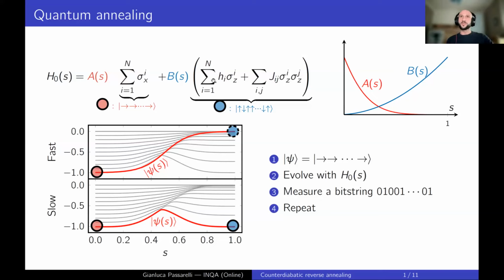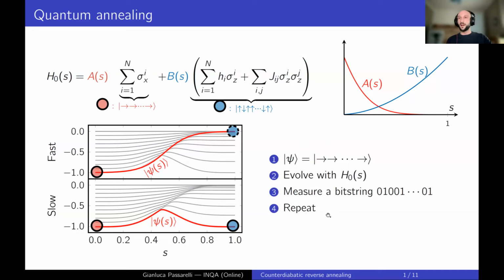You want to find the ground state of this Hamiltonian, so you start by preparing your state in the ground state of the transverse field Hamiltonian. You then evolve it in time using this time-dependent Hamiltonian here with these time-dependent functions. At the end, you measure a certain classical string, and this will be your trial solution to your optimization problem. In order to be sure that this is indeed the true ground state of this problem, you have to repeat